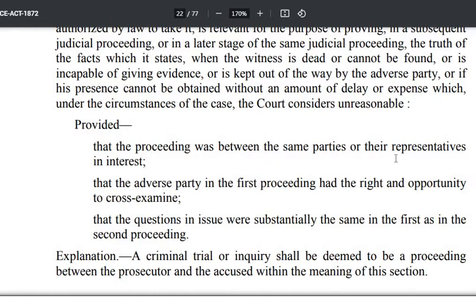or their representative in interest, then that the adverse party in the first proceeding had the right and opportunity to cross examine. अब जब ये विटनेस पहले कोर्ट में गया था बयान देने, तो उसका जो एविडेंस है वो प्रूव्ड कब माना जाएगा? When he was subjected to cross examination, or at least the opposite party has been given the right to cross examination, maybe they say that I do not want to cross examine, लेकिन कम से कम उसको मौका मिला हो क्रॉस एग्जामिनेशन का. So he had been given the right to cross examine and whether he actually did it or not, that is immaterial. That the adverse party in the first proceeding had the right and opportunity to cross examine,